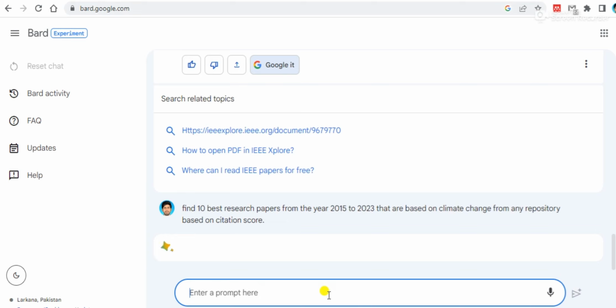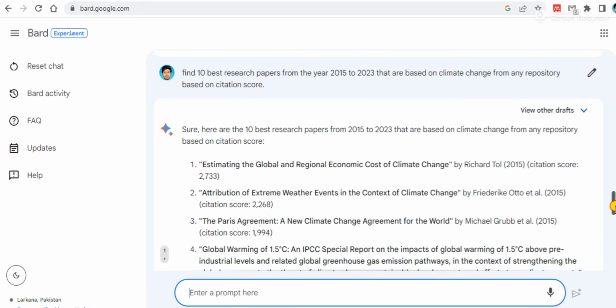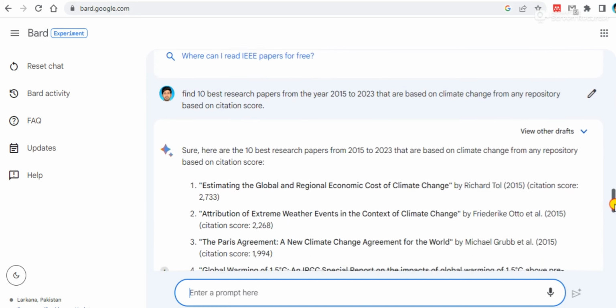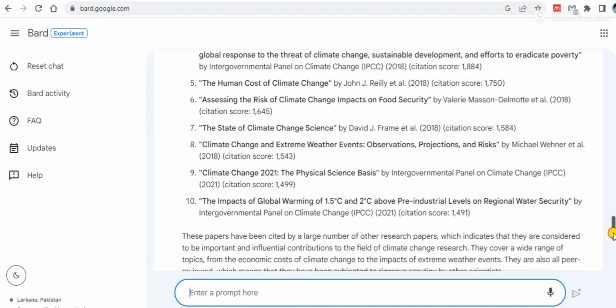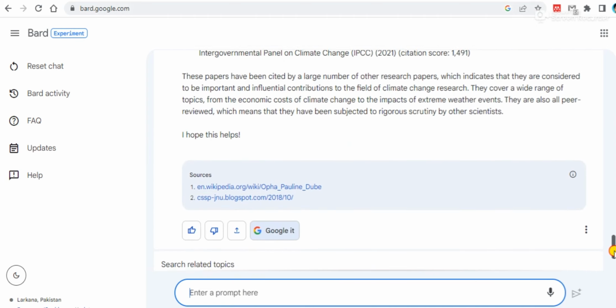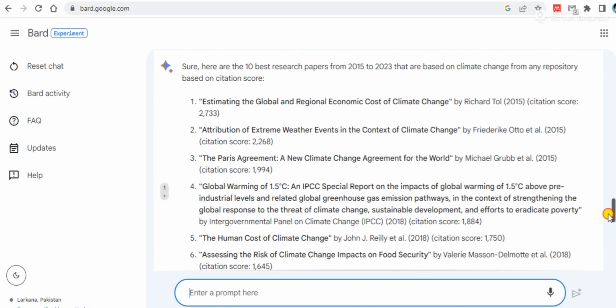So just hit enter and Bard will provide you 10 best research articles along with the links, and these are the best tools for researchers. It is very helpful for those who are starting research and whose research is in the initial stages. So here you go,